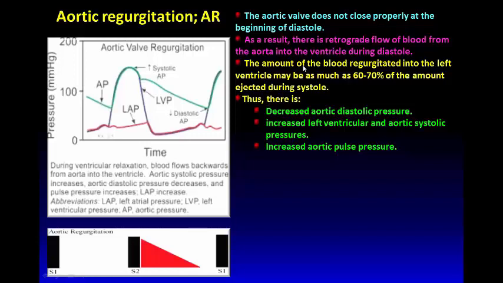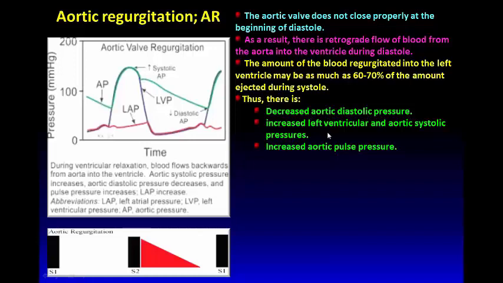The amount of blood which regurgitates might be as much as 60 to 70% of the ejected stroke volume. As a result, the diastolic aortic pressure decreases,